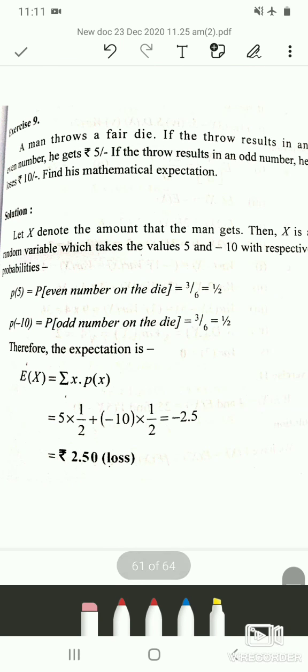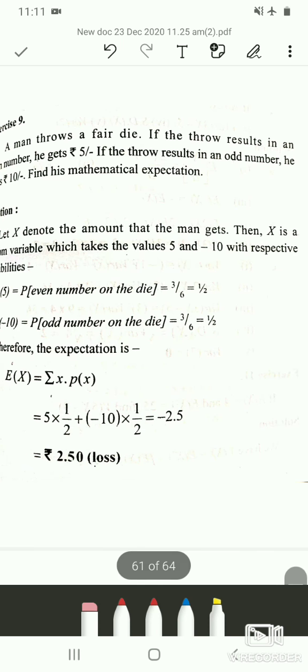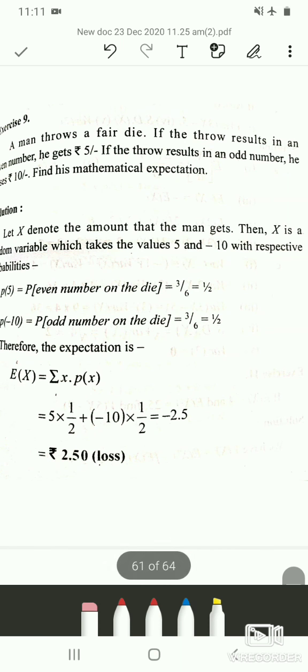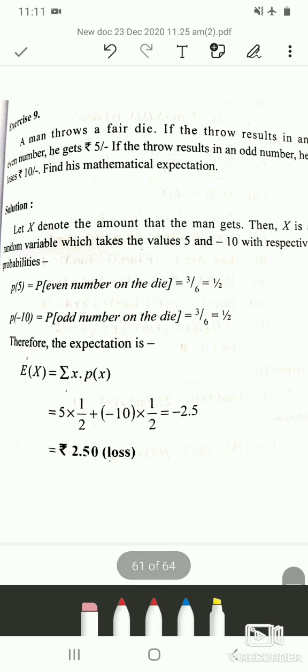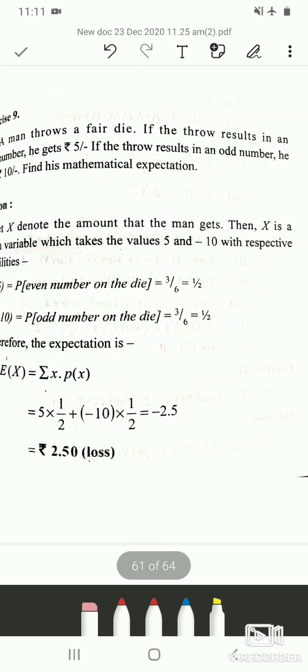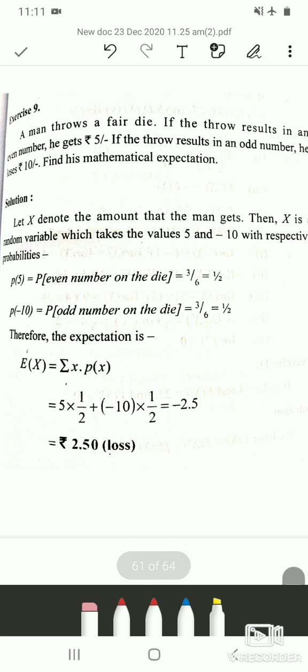So the ninth problem is: a man throws a fair die. If the throw results in an even number, he gets 5 rupees. If the throw results in an odd number, he loses 10 rupees. Find his mathematical expectation. So what they have given: when a man throws a fair die, if an even number